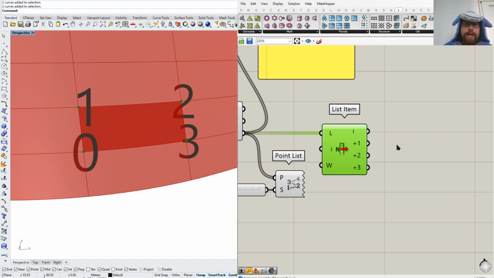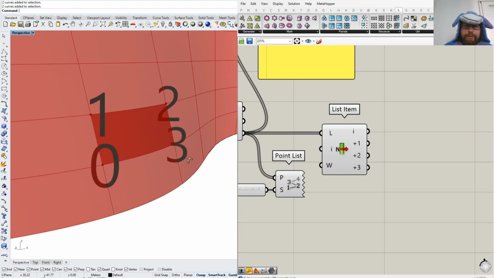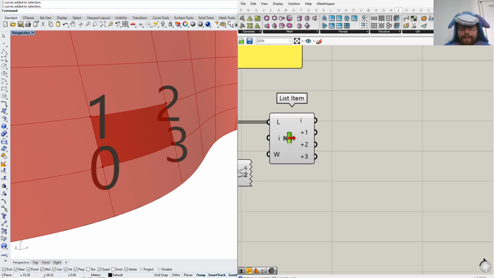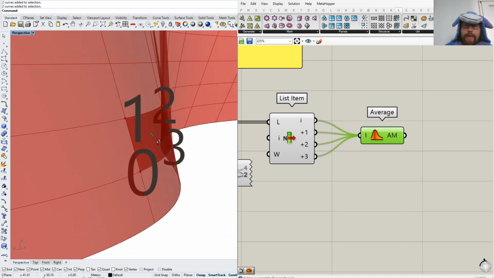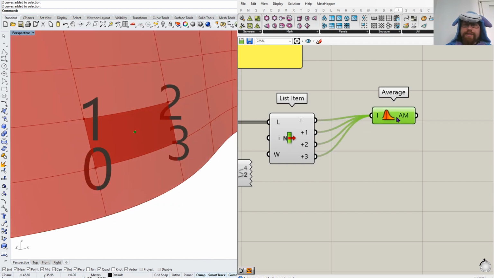So maybe let's create something very simple. Maybe we can do like a pyramid, and then it's up to you what you come up with, and just upload some nice pictures to the blog. So how to do a pyramid? There's a very quick thing you can do with points. You can use average to have the center. So I'm gonna use this one, this one, this one, and this one. And now we have this point in the middle,